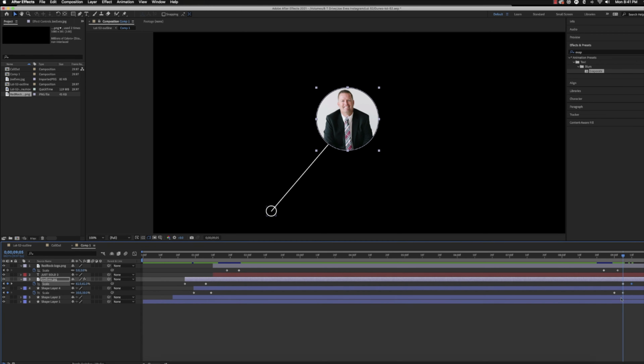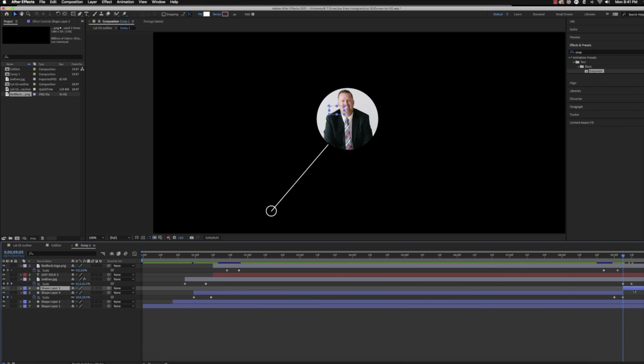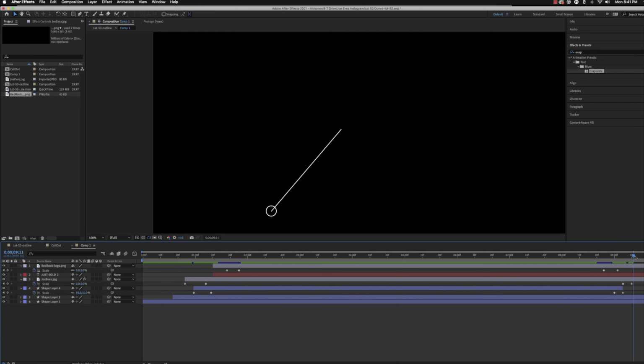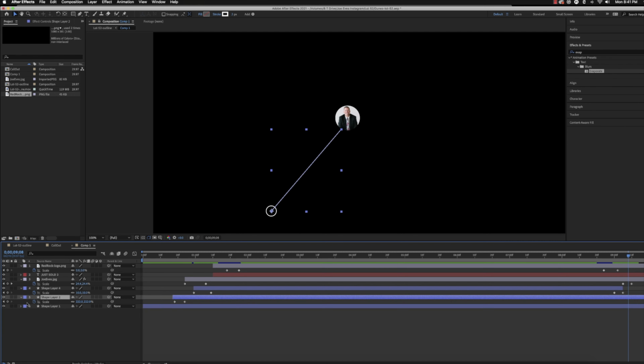Now that I've moved this one out of the way, this shape, I'm going to go ahead and split it, and I'm going to delete that so you don't see it. So now that that's going down, about right there is when I'm going to keyframe this and shrink this down. And that will go to 0 as well. And then the same thing here. So we're basically doing the exact same thing, but just kind of backwards,